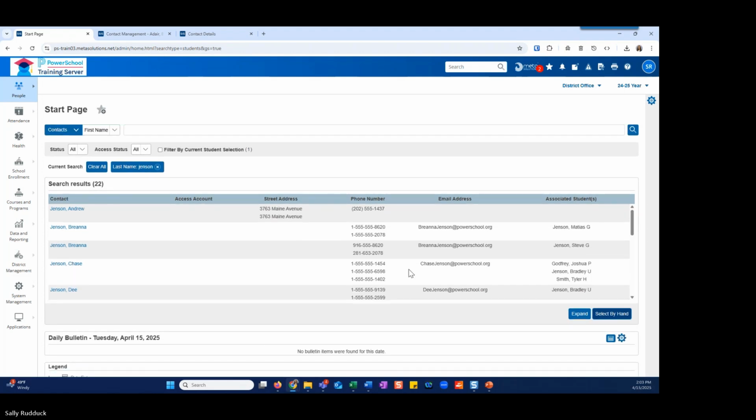So 2 ways to auto consolidate, one from the students, one from the contacts page if you wanted to do it manually. Obviously, if you have a whole bunch of them, mass consolidate is the way to go. So with that, if you don't have any questions, I think that